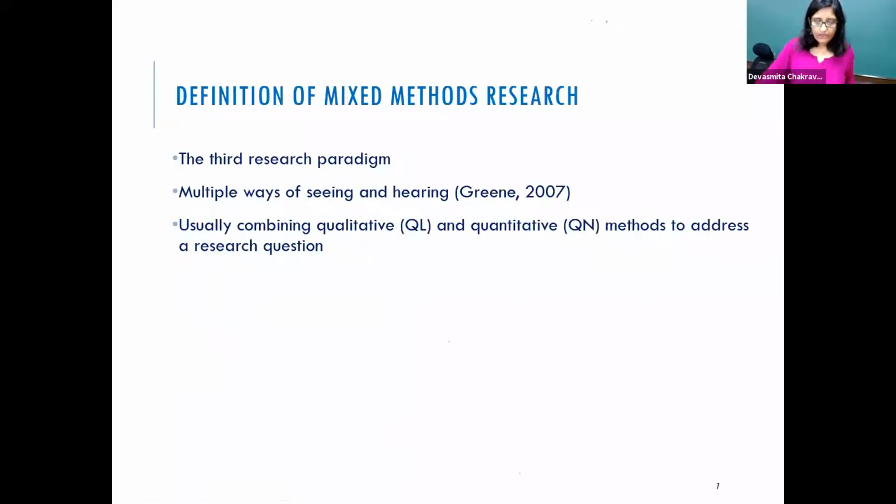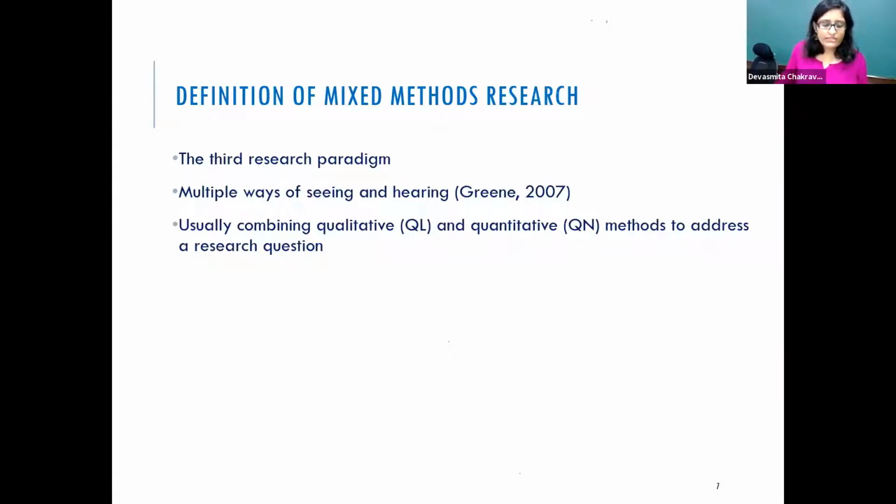All right. Now, let's park that thought for now. And let's look at something different. What is mixed methods research? How do we define it? Some people call it the third paradigm. The first and second paradigm being quantitative research and qualitative research. So mixed methods is a relatively new-ish field in that way, although the methods have been used for a long time, but the name itself is fairly new, 1970s, 80s, I would say.